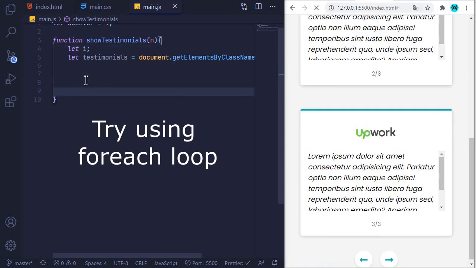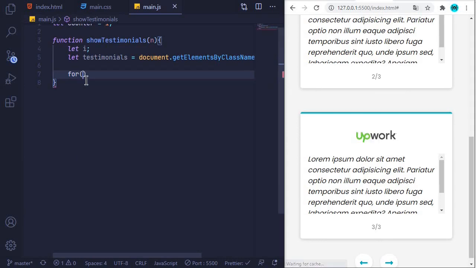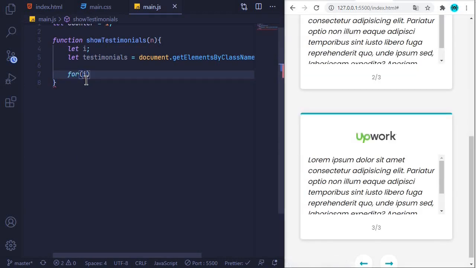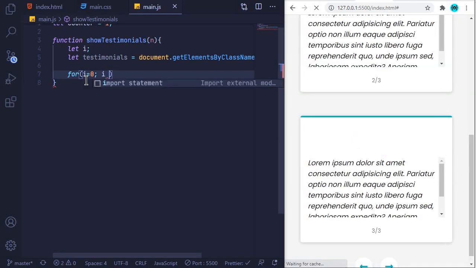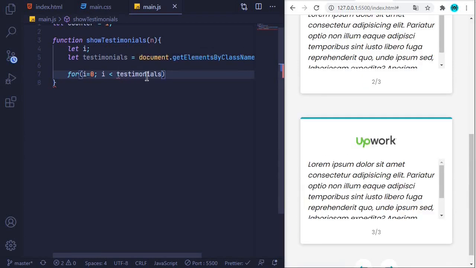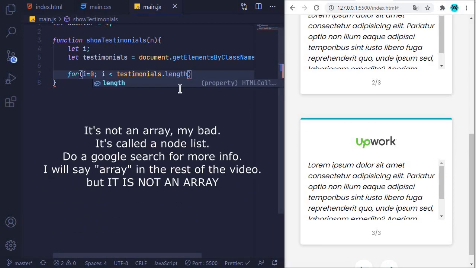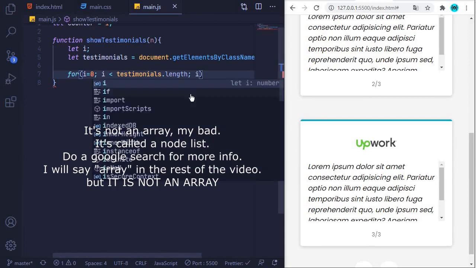So I'll say for, in brackets, i is equal to 0, i is less than testimonials, and this testimonials is this one right here, dot length. So this will give us the total length of our testimonials, because it's storing it as an array, i plus plus,